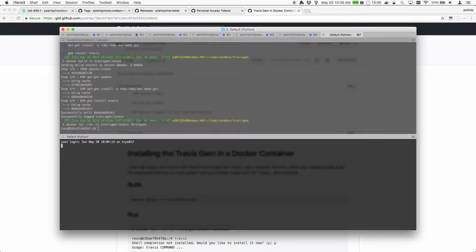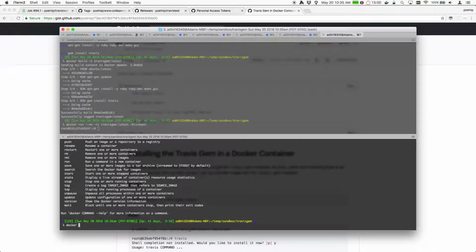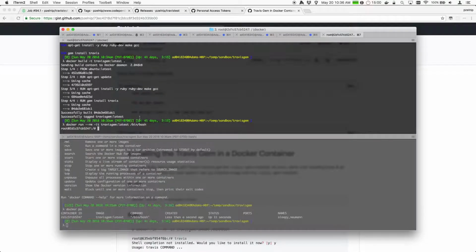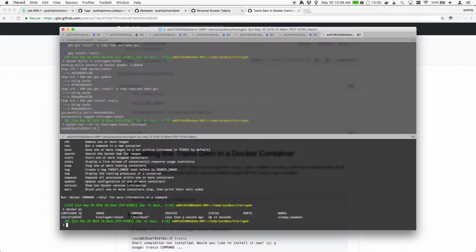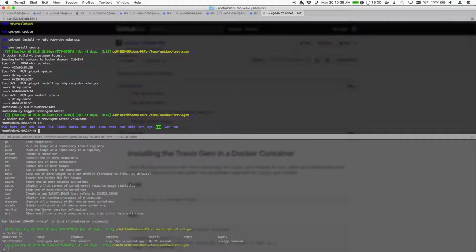And I just want to show something here. Open up a new one. You can see that this container I have running here is this guy down here. Built from travis-gem. It was running bin bash, and it was created less than a second ago, and it's been up for a little while. So I'm just going to leave that there for the moment, maximize this window and do all my work in here. So once I'm here,